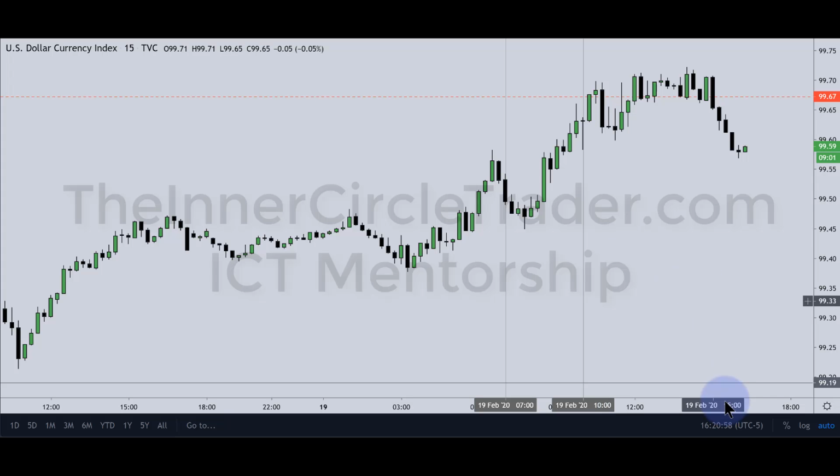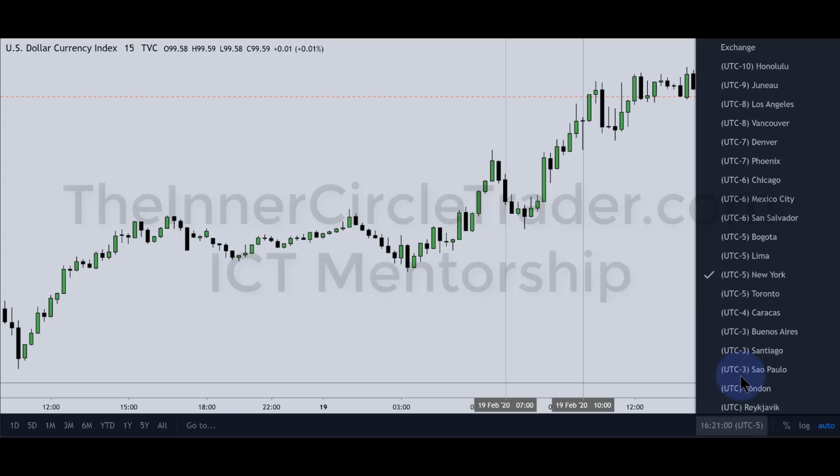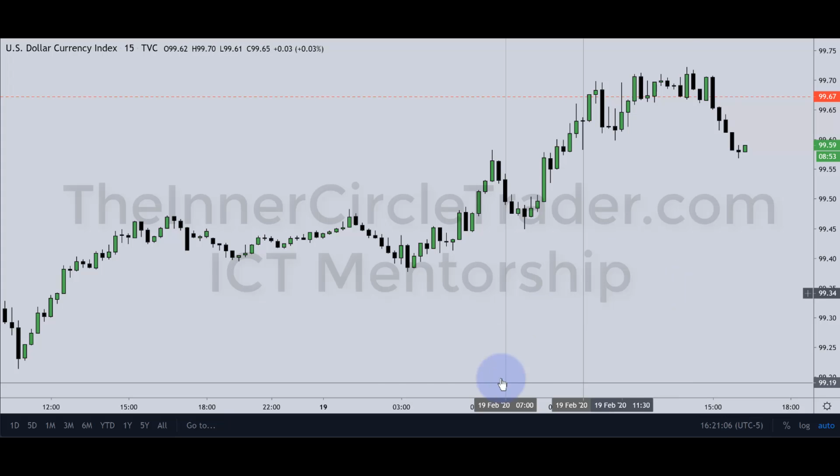And this way, if you have it set to this, again, it's this one right here. If you have that setting on TradingView, you'll have everything you need. So that way, when you see my times that are being marked on my chart, it'll match. And then you'll have to figure out what that is for your local time. And it may not work for you. You may be working, or you may need to be sleeping at that time, or you may have school, or whatever it is. That's for you to figure out. But nonetheless,